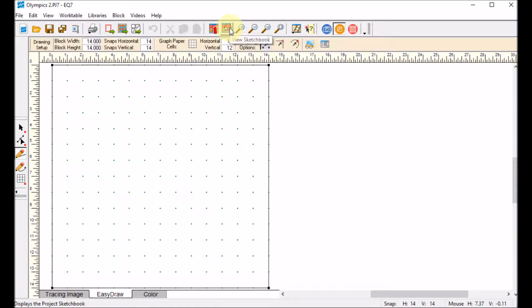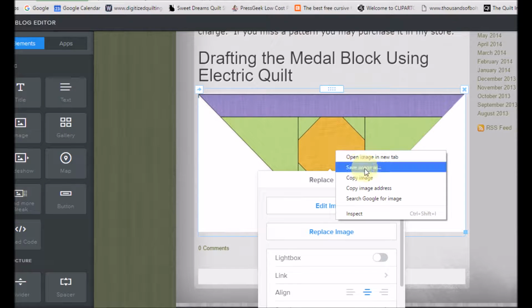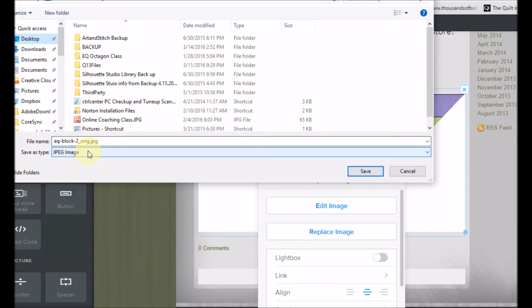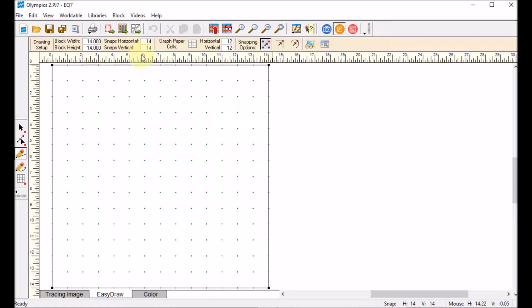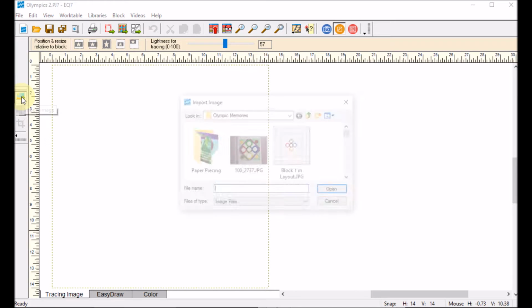new block, easy draw block. And now I want to bring an image in for tracing. So I am going to go to my website where this pattern is available, and I'm going to right click. I'll select Save Image As, and I'm going to go ahead and go to the desktop, and I'm going to save it. Now I'm going to go back to EQ, and under Tracing Image I'm going to select Import Image,